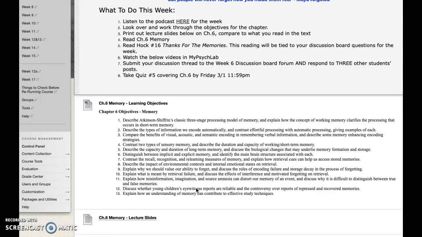So the beginning part of the chapter talks about the theory behind memory processing. How do we process memories in the brain? What does that look like? When we take information from our perceptual world, how do we transfer that information into language our brain understands? A lot of it deals with taking what we're sensing and perceiving and converting that to what our brain sees as information regarding meaningful experiences.